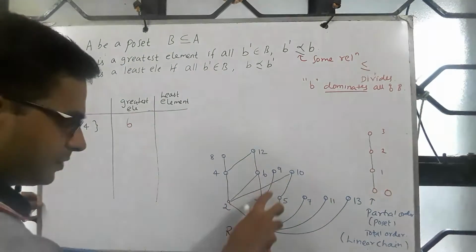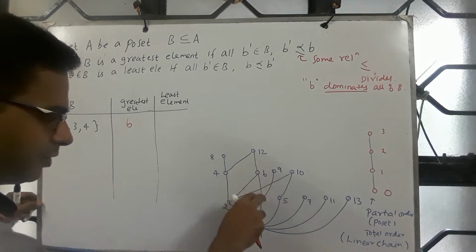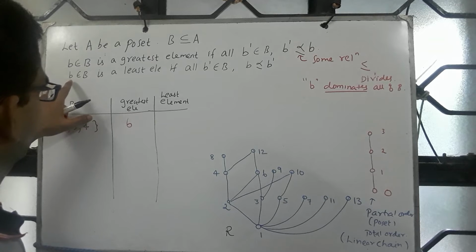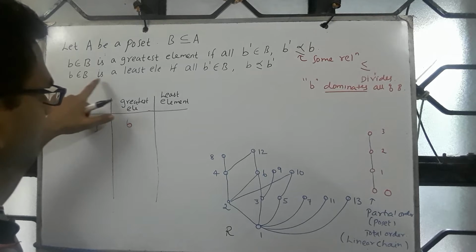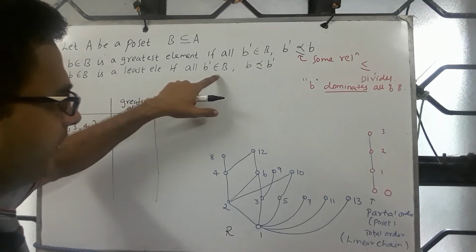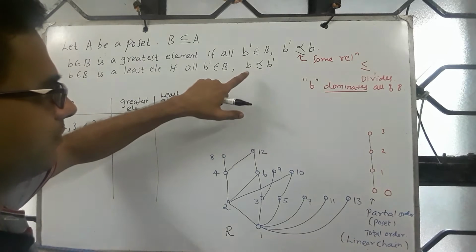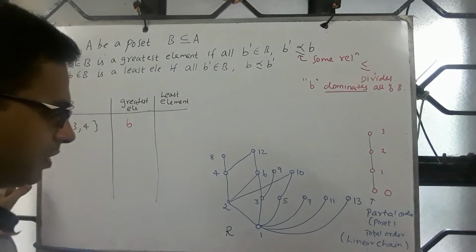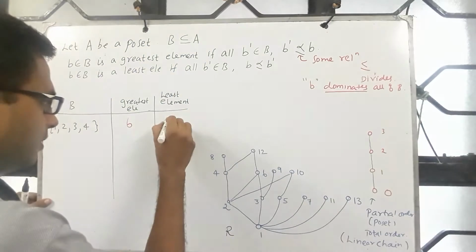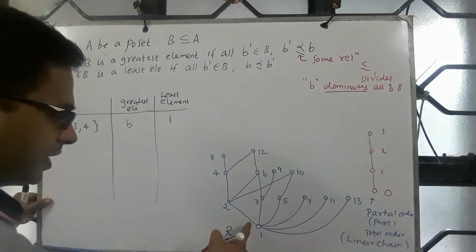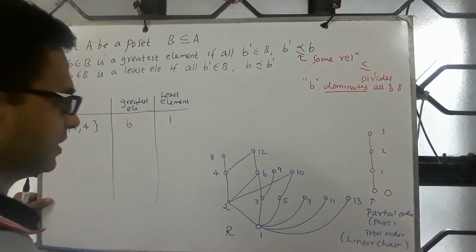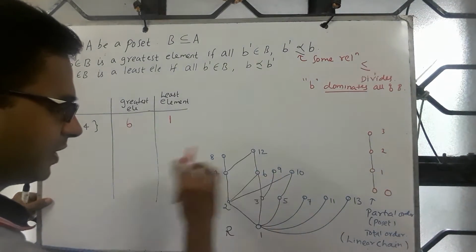So if you look at this part alone, you see that 6 is above all of them. Now the other counterpart is an element B belonging to this is a least element if every other element is above that element. Meaning from B you see an antisymmetric arc to all other B prime. What is that element? That's precisely 1. So from 1 you see an arc to 1 itself, reflexivity, then 1 to 2, 1 to 3, 1 to 6. So which means 1 is below and every other element is above.